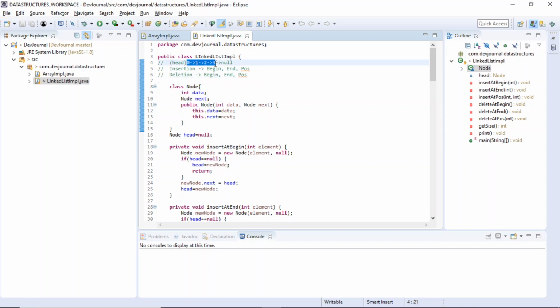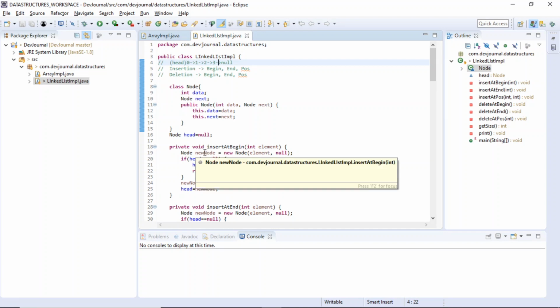So let's talk about linked lists, and let's see what if we want to reverse this linked list. We already have a linked list, and now we are given a task of reversing this. Like right now our head is on 0, 0 is pointing to 1, 1 is pointing to 2, 2 is pointing to 3, and 3 is last element pointing to null. Now we want our linked list to be something like 3 should be the head, and 3 should be pointing to 2, 2 should be pointing to 1, 1 should be pointing to 0. How can we do that?